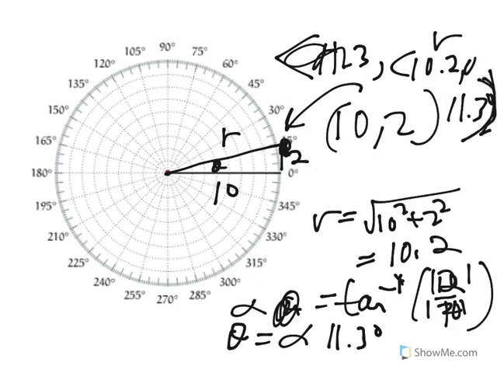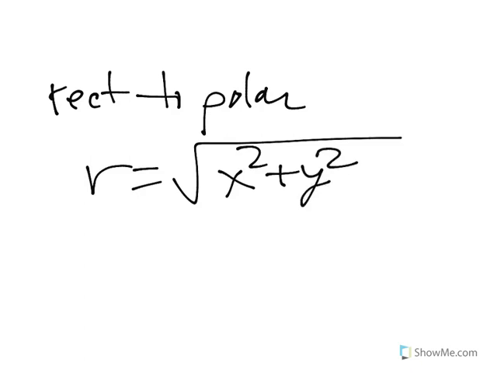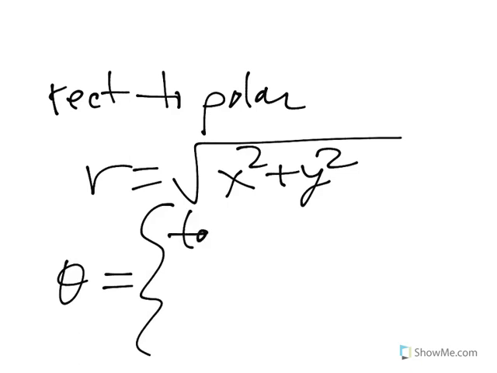10.2 is the r, this is the theta. If I want to make a rule out of that, I suppose the rule would be that this is from rectangular to polar. The rule would be r is equal to the square root of x squared plus y squared, but theta, depending on what quadrant I'm in, is either tan inverse